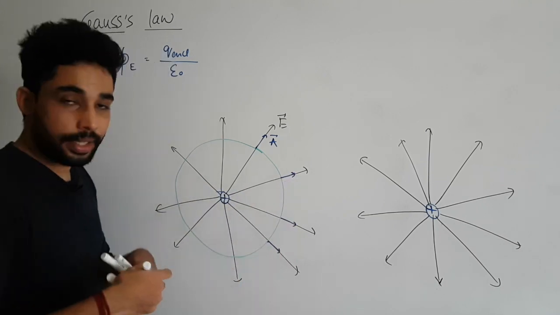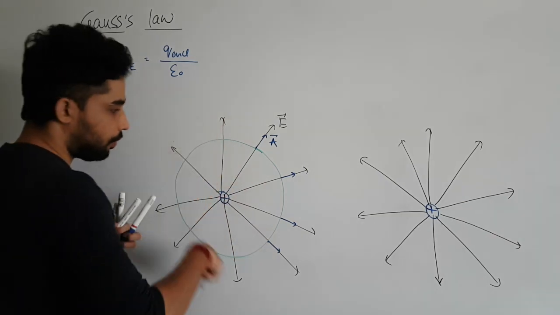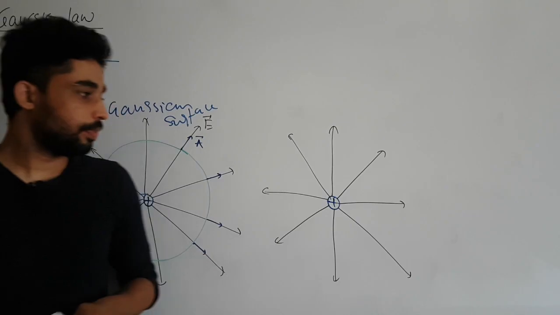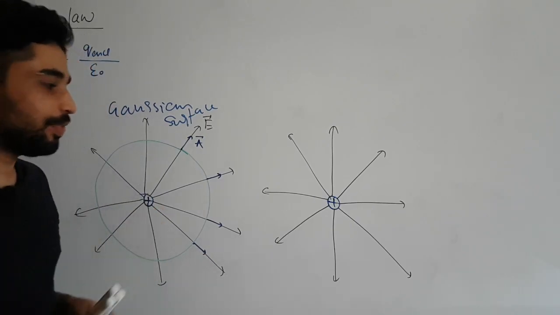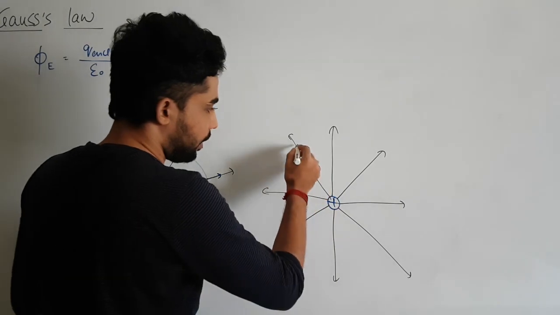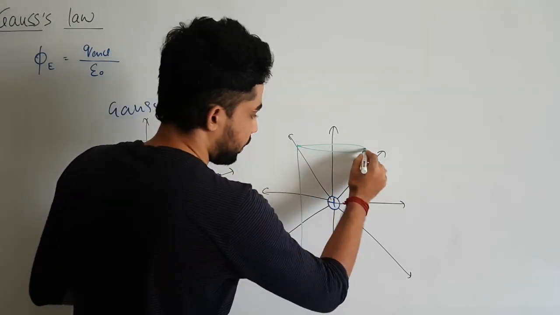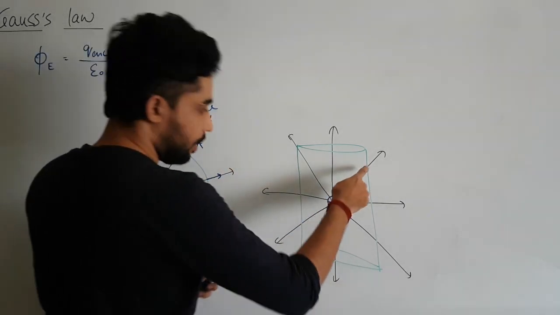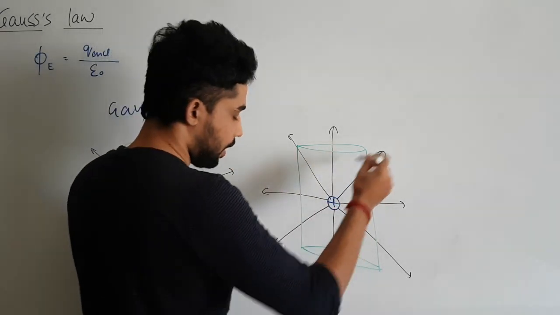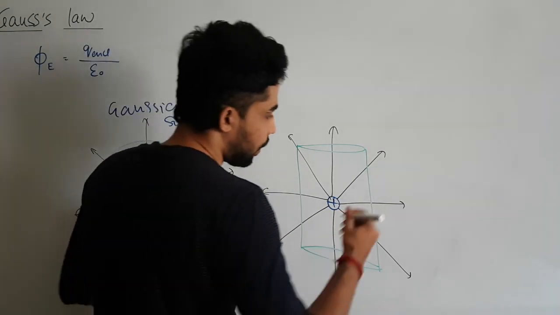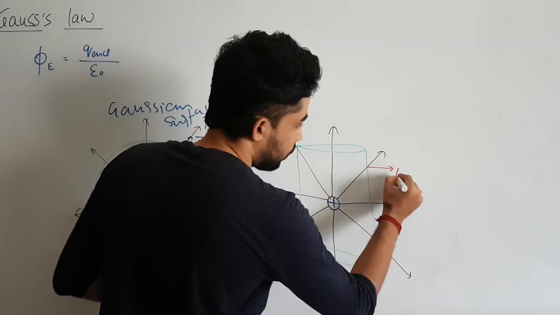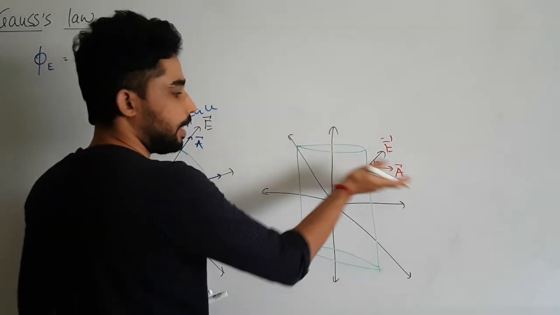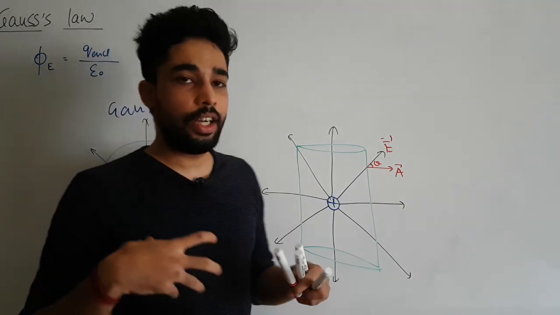So that is why we need to consider a sphere, and this surface which you consider is called the Gaussian surface. Now if some of you have a problem in considering a sphere, why not consider some other shape? Okay, I'll tell you why. Say consider a cylinder, for example, like this. If I consider the electric field at this point, it is going in this direction, and if I draw an area vector to this surface, the area vector should be in this way. So as you can see, there will be a random angle between the electric field and the area vector, so it will be a little difficult to solve.